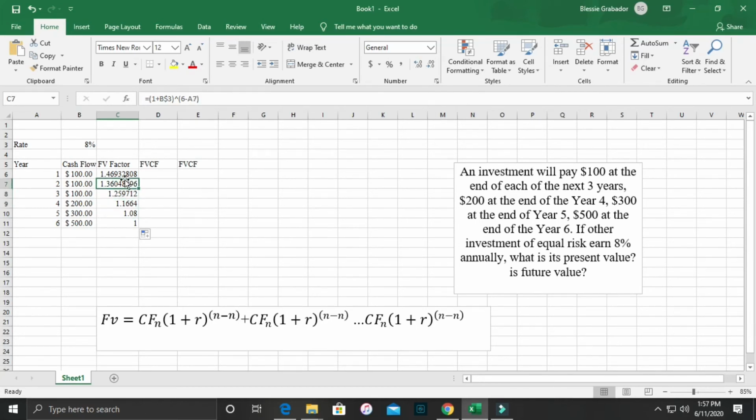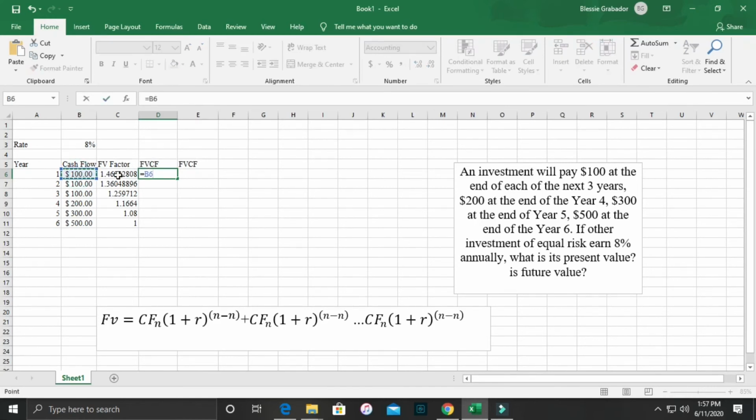So for the second year we have 1.36048896, 1.259712 for third year, 1.1664 for fourth year, and 1.08 for fifth year, and the last one is 1 for the sixth year. So to get the future value cash flow, we have to multiply the cash flow